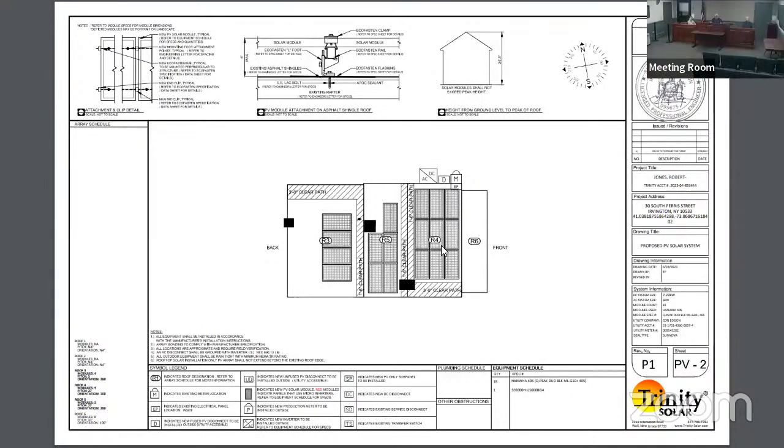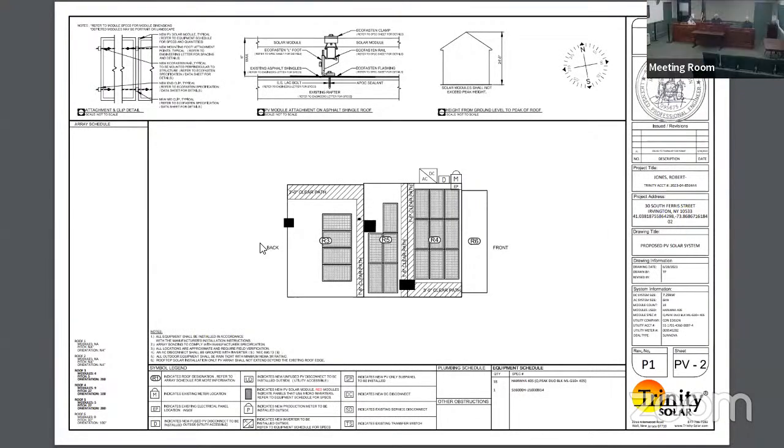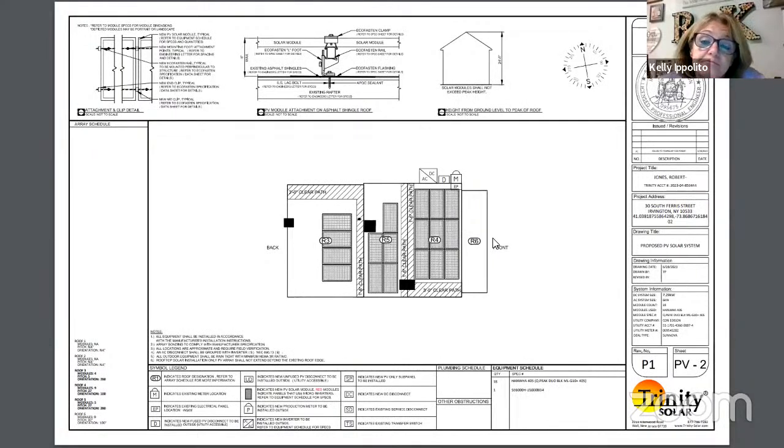Which array is facing the front? This one, R4. Okay, and R5? This is the front of the house and this is the rear of the house. But it is a perfectly symmetrical system, I must say. R5 is facing front of the house or back of the house? I can't tell by the roof line. Yeah, but that's because it's sideways. So actually R4 is facing the front and R5 is also facing the front.